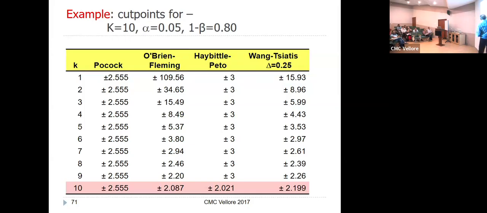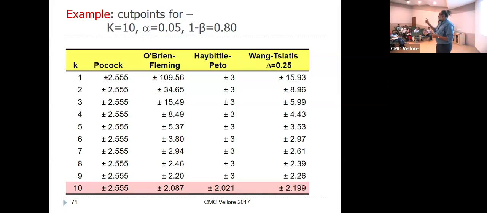O'Brien-Fleming is impossible to stop early on, but it's now getting close to 1.96 towards the end. So even if you have a very big result of 2.5 or so, you could stop, but it's a little bit more penalty than Haybittle-Peto. And this is somewhere in between Pocock and O'Brien-Fleming, but you pay a penalty at the end. So I haven't seen this used. I see this one used the most by most people.